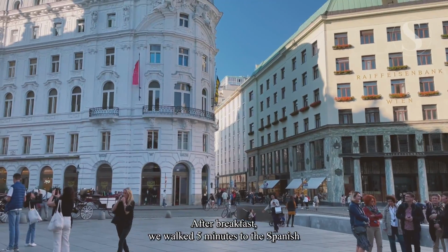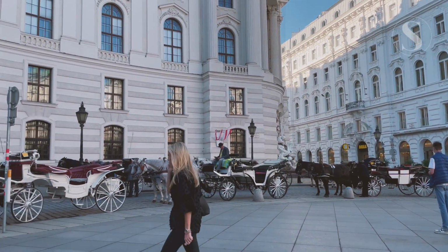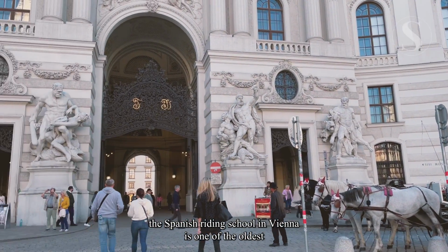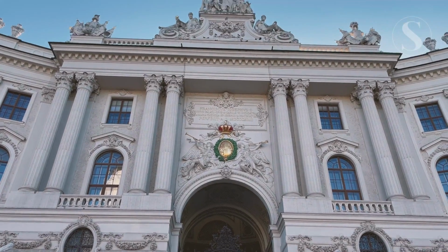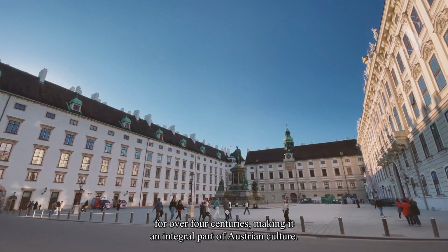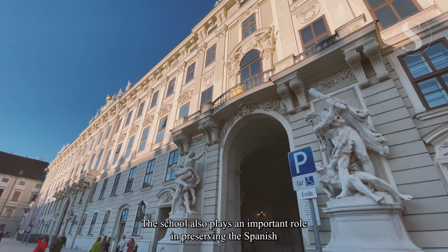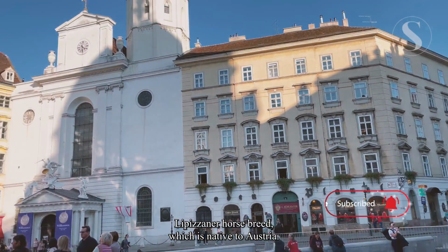After breakfast, we walked 5 minutes to the Spanish Riding School, right beside the Sisi Museum. The Spanish Riding School in Vienna is one of the oldest and most prestigious equestrian schools in the world. Founded in 1572, the school has been teaching classical dressage for over 4 centuries, making it an integral part of Austrian culture. The school also plays an important role in preserving the Spanish Lipizzaner horse breed, which is native to